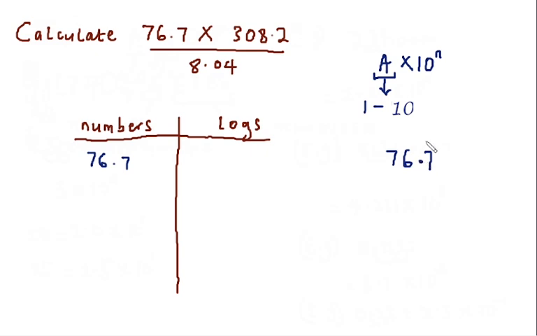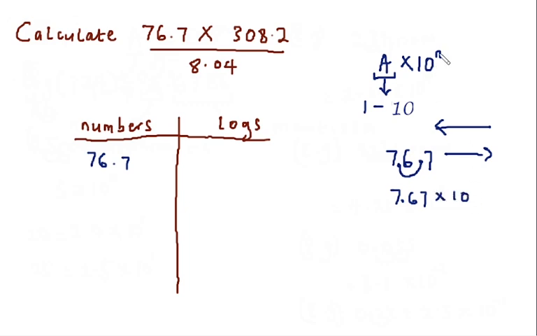Now if we move this point to the right, we'll get a bigger number. So that does not solve our problem. But if we move this point to the left, we get 7.67. Now if you notice, 7.67 is within the range of 1 to 10. Every time we move the point to the left, the power of 10 increases. Anytime we move the point to the right, the power of 10 decreases. And 10 already has a default power of 0. So in this case, expressing 76.7 in standard form, we'll say 7.67 times 10 to the power of